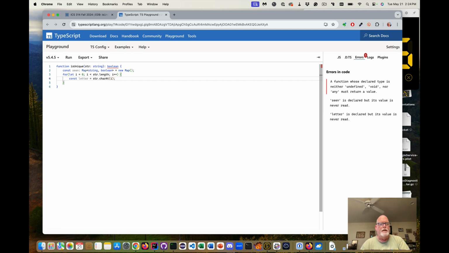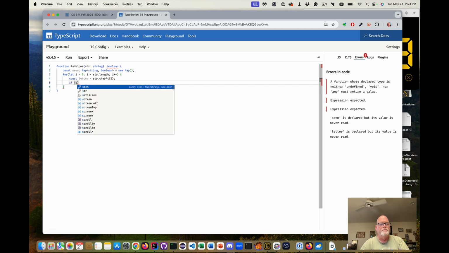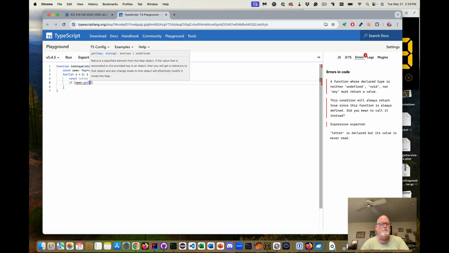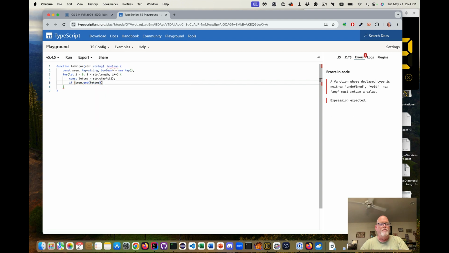Now we've got the character at i, so we want to check to see if we've seen this character. So if seen.get, that gets the value for the given key, which would be letter. If we have seen it, because that will give us the boolean, which would be true, then we want to return false.